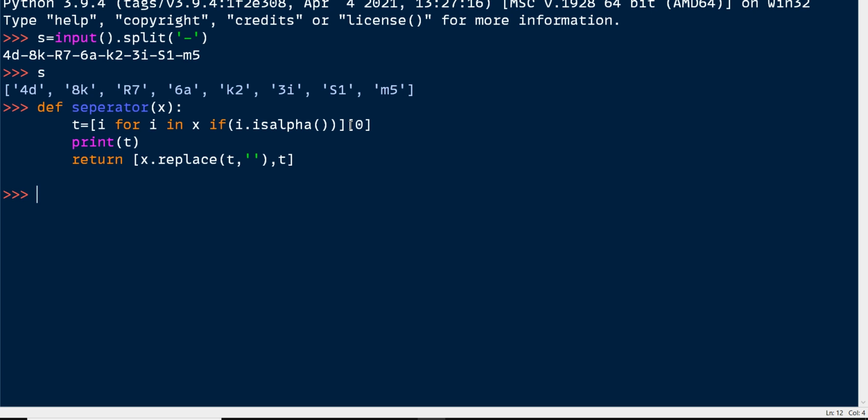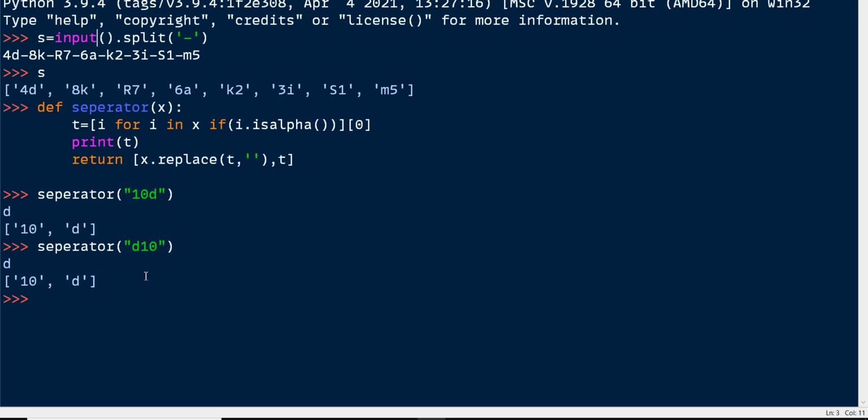So I'm passing a string 10d in the separator function. We will get d alone, and also 10, comma, d. Yeah, those things are separated. It will work for d10 also. See, we are getting the proper expected output.